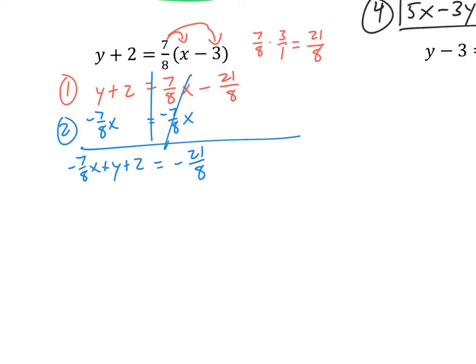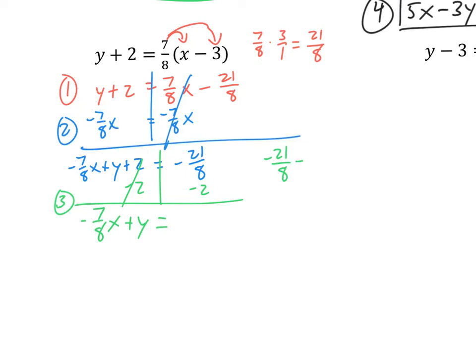My next thing that I have to do then is move all my constants to one side. Constants again are those numbers that we're not multiplying by a variable. So I'll subtract my 2 on both sides. And I'll be left with negative 7/8 x plus y is equal to, well, now I have to figure out what negative 21 over 8 minus 2 is. So let's do negative 21 over 8